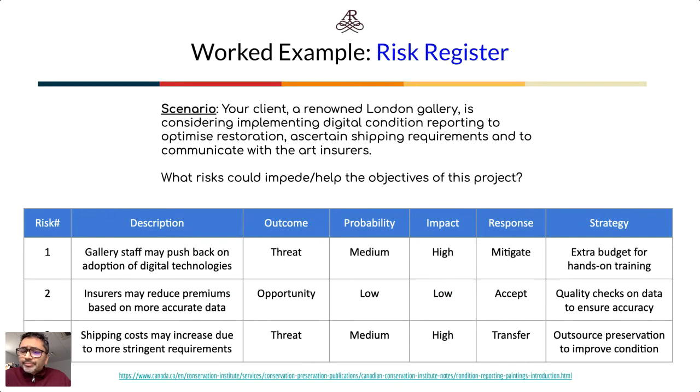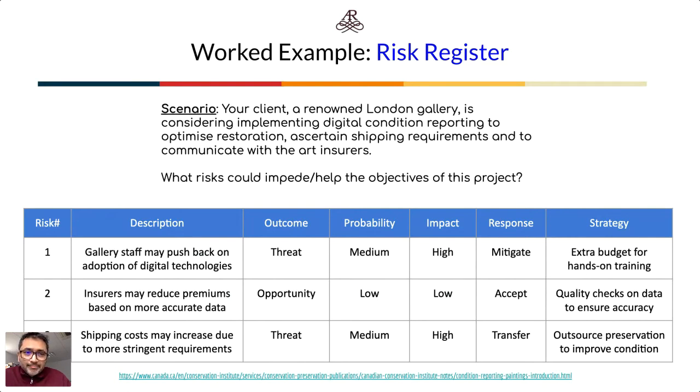If you spent a lot of money on this technology and then nobody is willing to use it, that would be a waste. In this case, the probability might be medium and the impact, of course, would be high. And we may choose then to respond by mitigating that particular threat, for example, by assigning an extra budget for